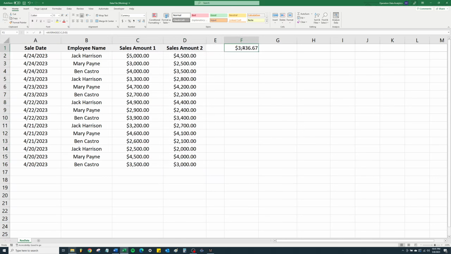Now let's say that I just want to average the sales for a specific employee. So let's say Jack Harrison, for example, and I just want to average sales amount 1. I can use that same function, but write the function in a different way so that it's not averaging up the entire column. So I'm going to type equals average, open parentheses, and then